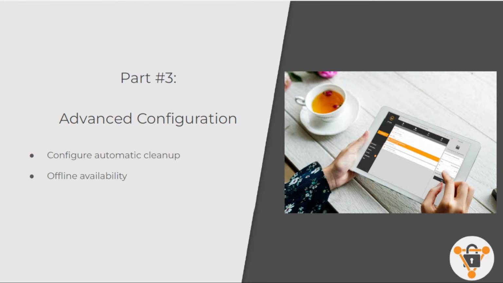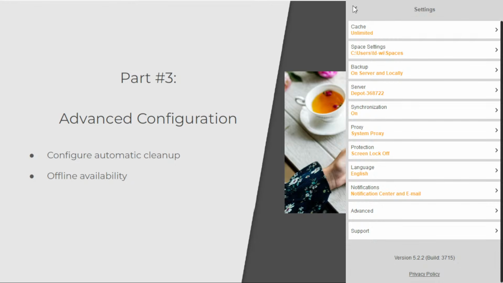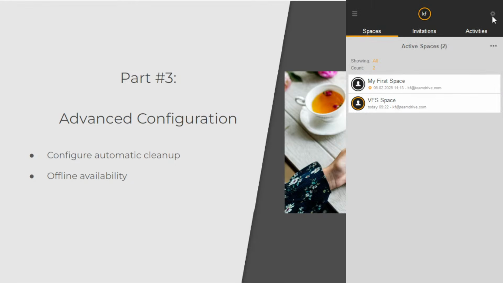So we will just open our TeamDrive app again. Once we have our TeamDrive app open, we need to go into the TeamDrive settings. To get to the settings, you simply click on the widget here. In portrait view, it's at the top right, and in landscape view, you will find this widget at the top left. So we click there,